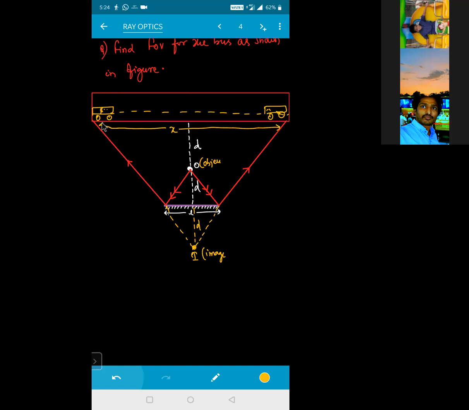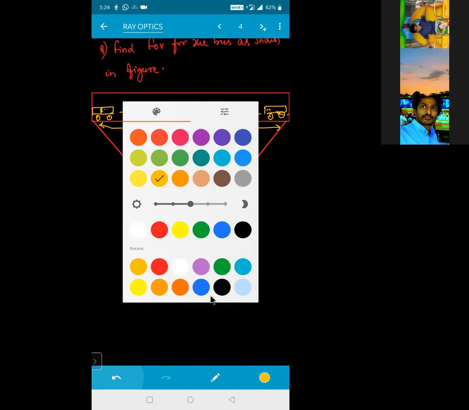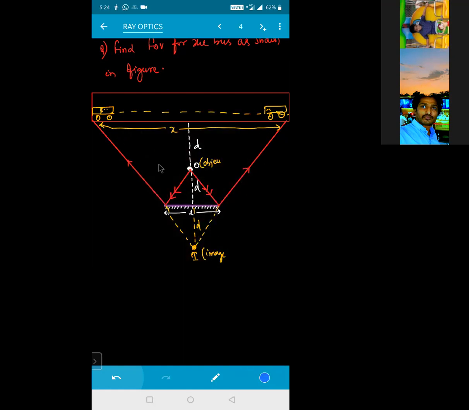Now see, if you see carefully, we are getting two triangles in this one. Now tell me, what is the distance of this road from the image? From the image, sir, it is 3D. Very good. It will become 3D for me. That means there are two triangles. This is your X, and this one is the image. This distance from here to here is how much? 3D.